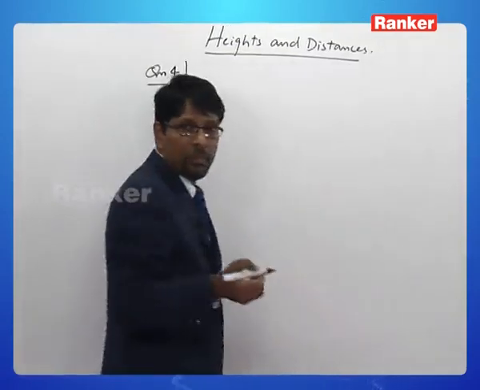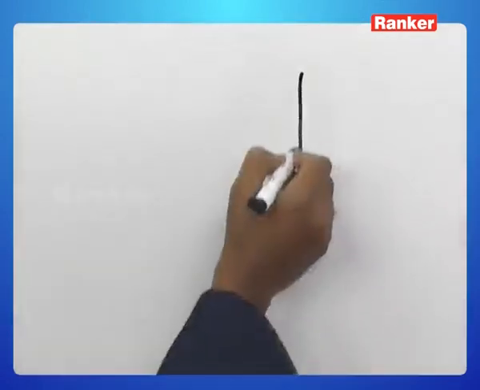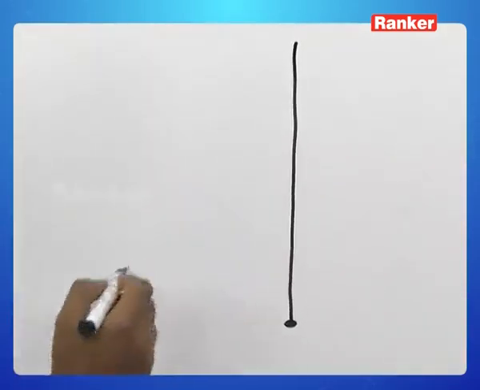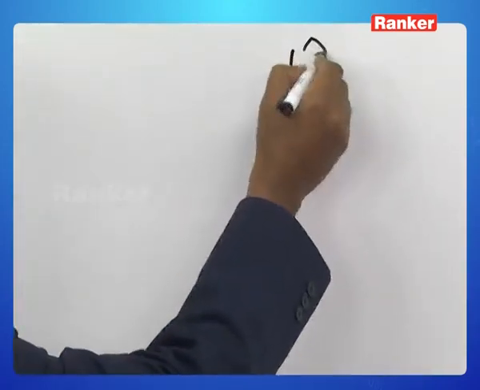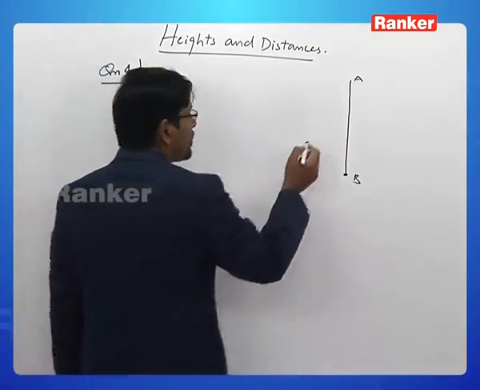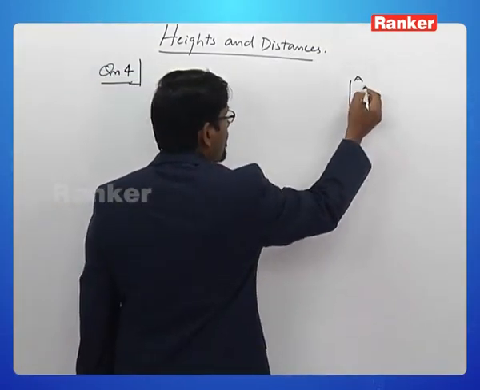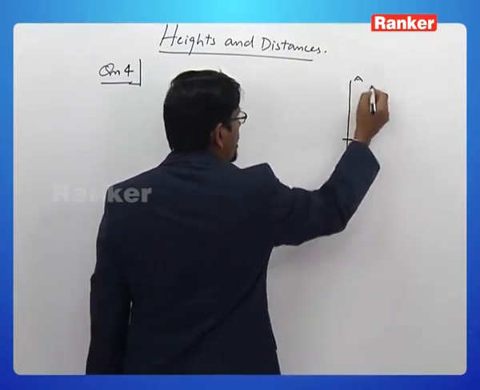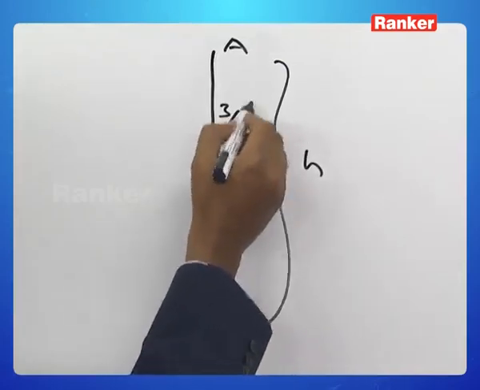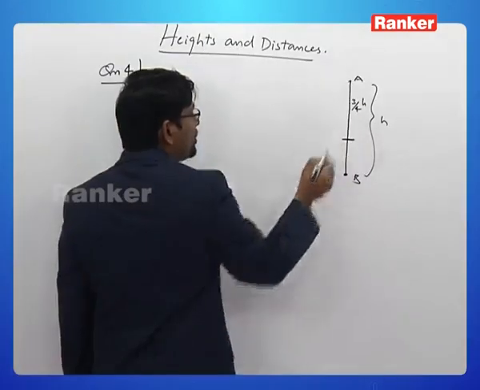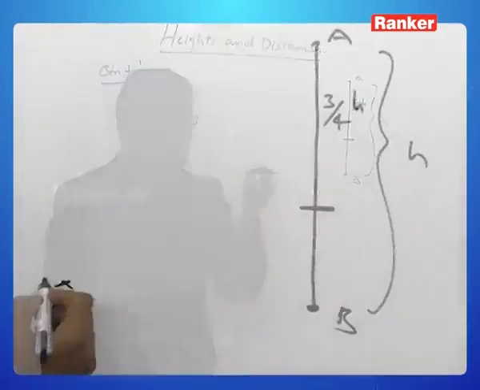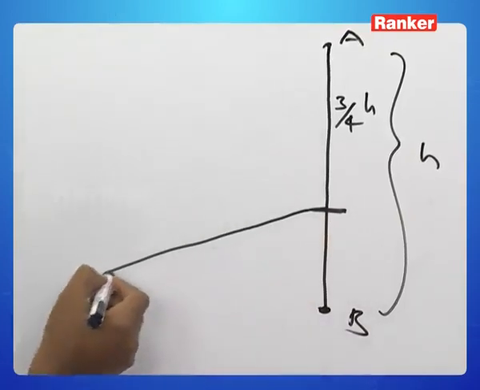Now, we have a vertical pole. This is the ground level, let us say. Vertical pole, let's call this AB. B is at the ground level. Now, 3/4 of this, let us say the entire thing is H. So, 3/4 of it, that is 3 by 4 H. This portion, at a point 40 meters away from B, is subtending an angle